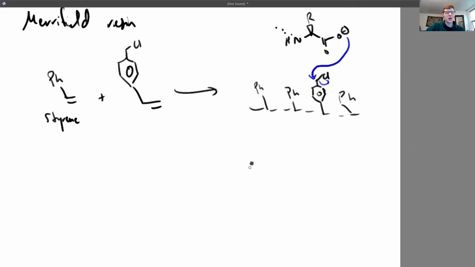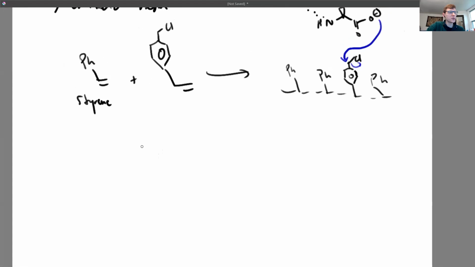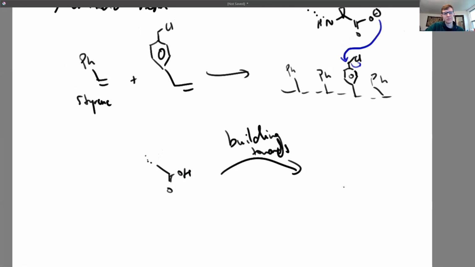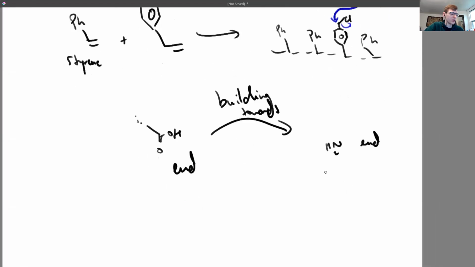So that means that we start here at the carboxylic acid end, and we're building towards the nitrogen end. In the context of proteins, and maybe you have talked about this already in some other